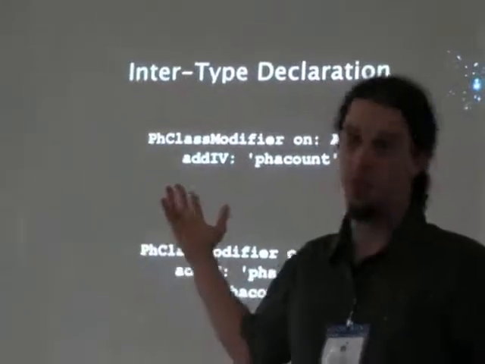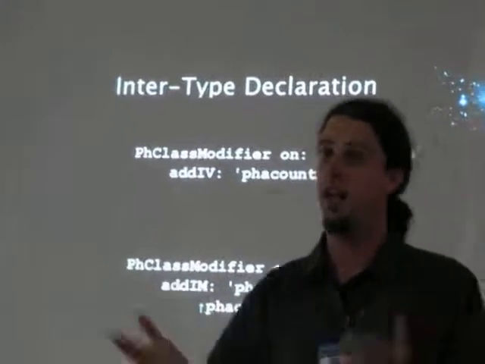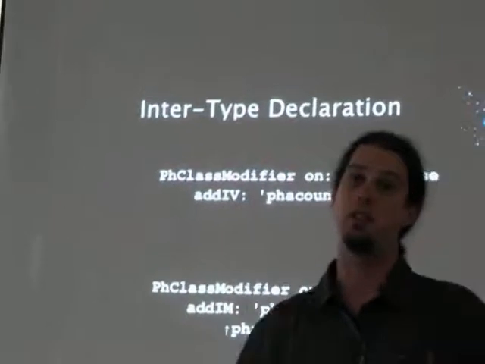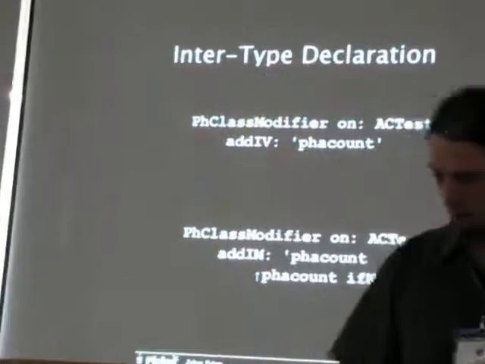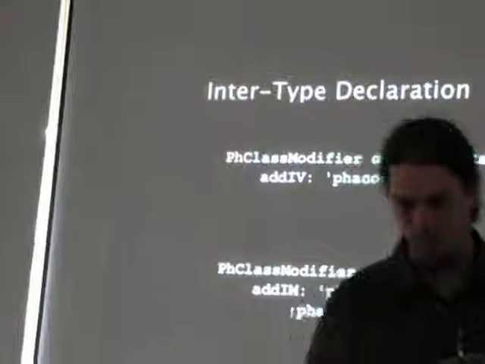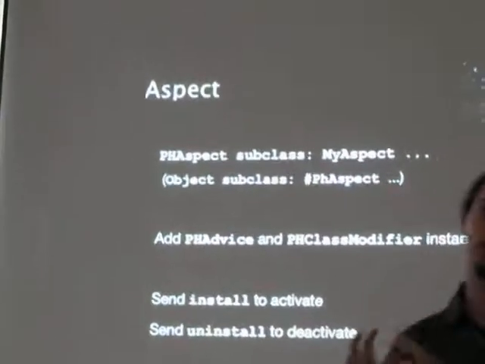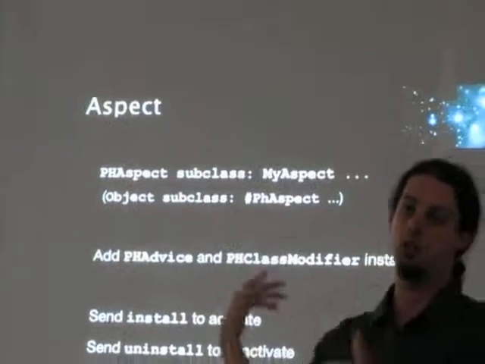Power is first class. Everything is first class. And what you can do, what you couldn't do before, is remove instance variables easily in a modular way. Alright, aspects. Aspects contain pointcuts and advice. These are the new kinds of modules that we're going to build using pointcuts and advice.